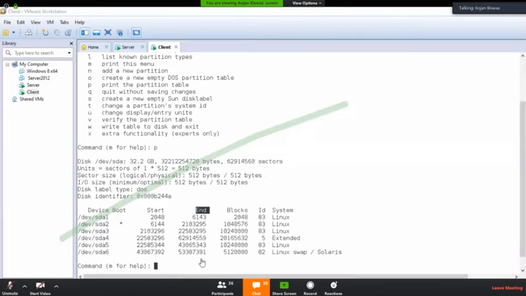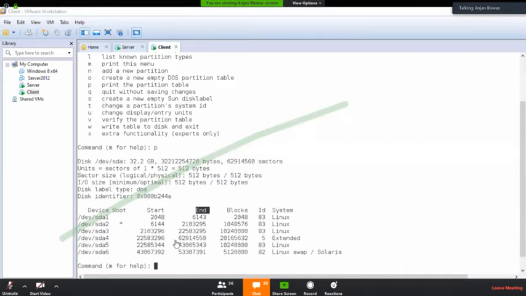So that is divided into different cylinders. So the first partition, /dev/sda1, the first cylinder, first partition has started from 2048 to 6143, that is 6144. The second partition started and ended up to here. Now that is the extended partition. Here it is the extended partition.